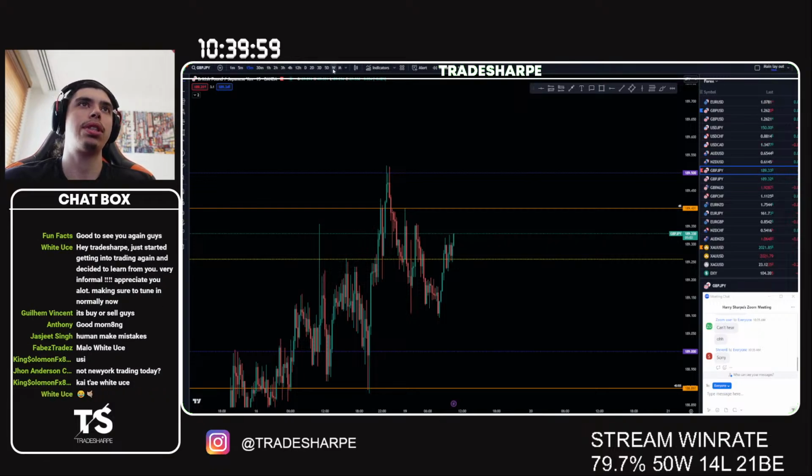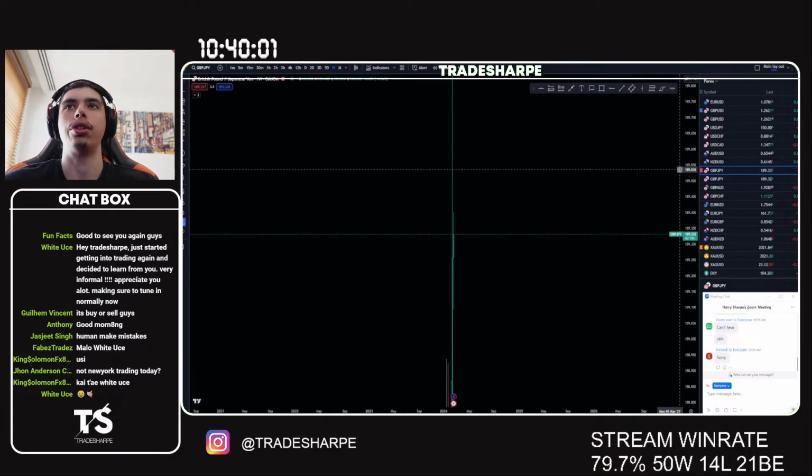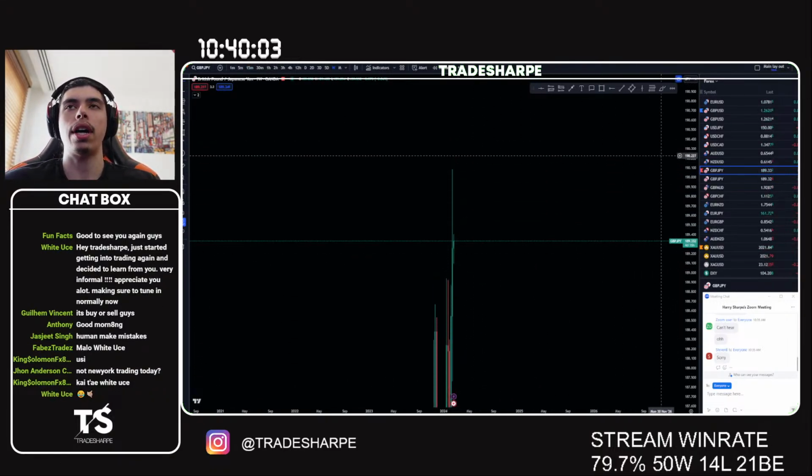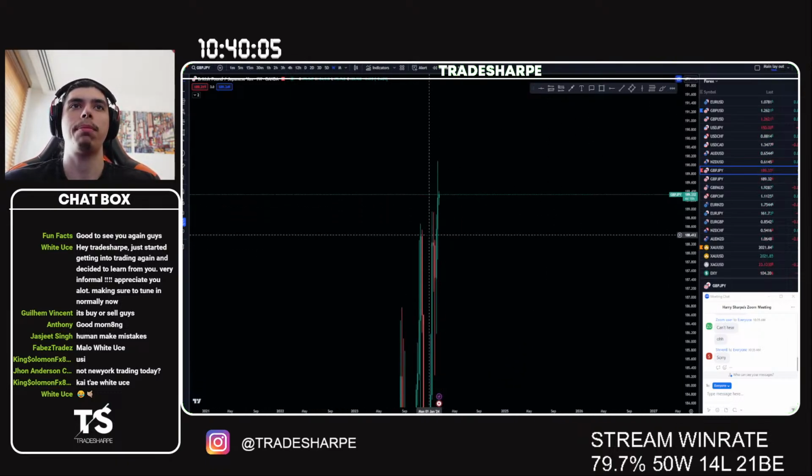We'll start off on the weekly for you guys. Weekly's closing bullish here, so we still have a bullish weekly close. We could try to fill this wick until we close something back in the weekly range. We could even come back down to 188.300, retest the top of the weekly range and play from there. So weekly is giving us a bullish candle close.